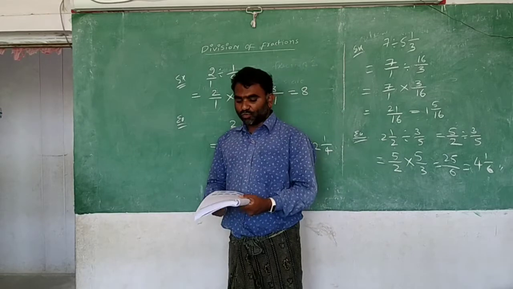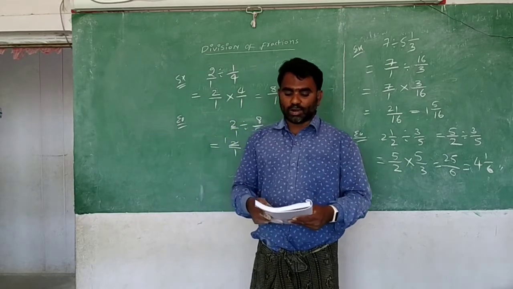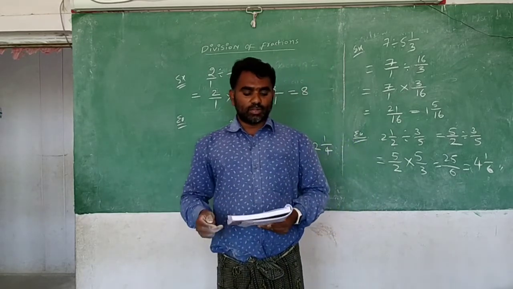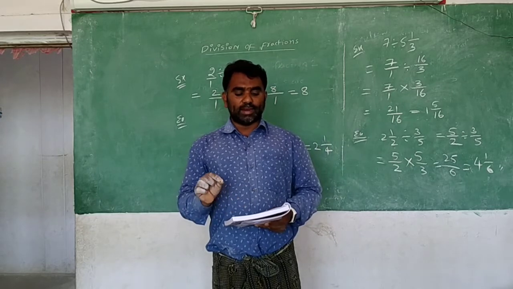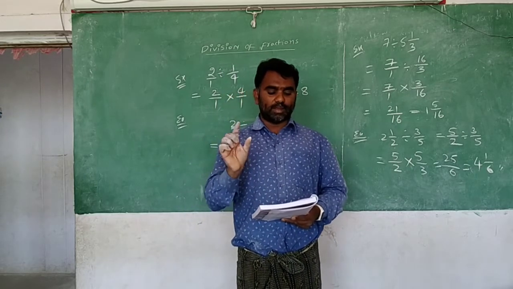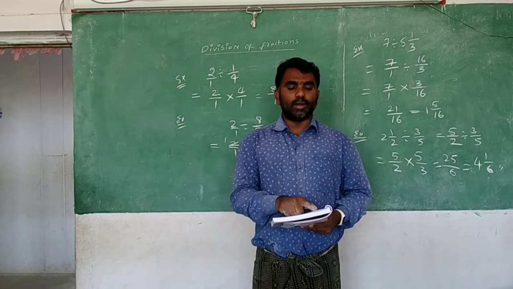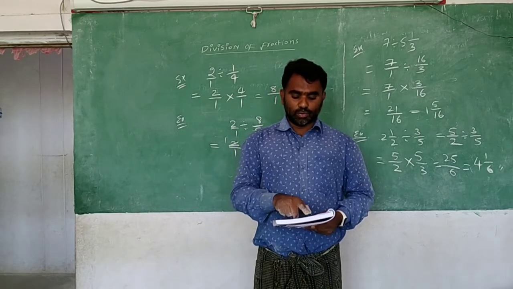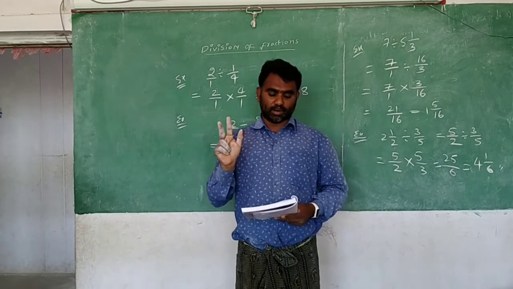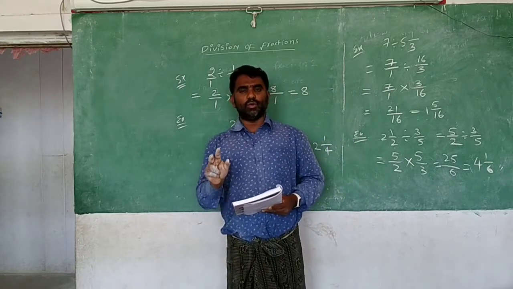And in exercise 4, in page number 43, exercise 4. First bit he is asking you to find the reciprocal. Only you need to write the reciprocal. And second bit divisions are there. Third bit divisions are there. 4 and 3, 7 divisions are there here. So every division is easy. You can do that. How to do?